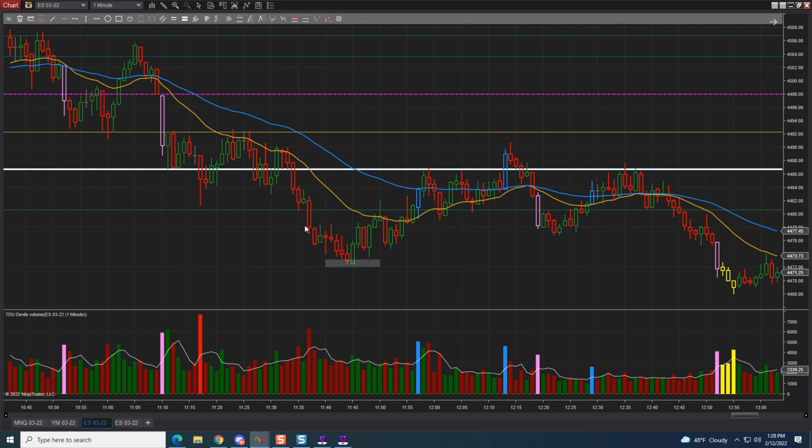All right, we had this nice run here. Now remember, as we were talking about before, look at the gap I have from the 20. Nice fat gap. Look at the distance from the 20 and the 50 here. So nothing's inevitable, but it's most probable that the market's going to want to start working back towards both the 20 and the 50. In this case, we get one last little push to try and get back into the initial